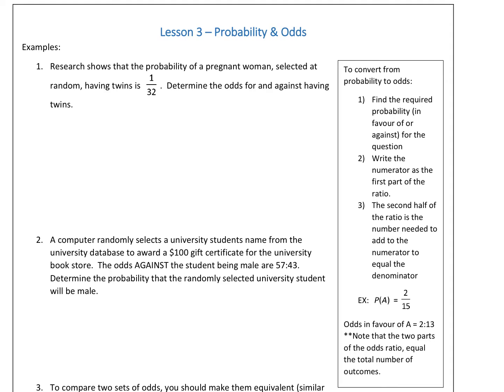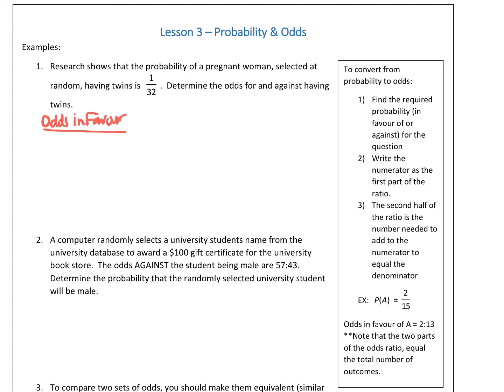Question number 1 says, research shows that the probability of a pregnant woman selected at random having twins is 1 out of 32. Determine the odds for and against having twins. So I'm asking you the odds for having twins and the odds against having twins. Remember that if I want the odds in favor of, then I would do